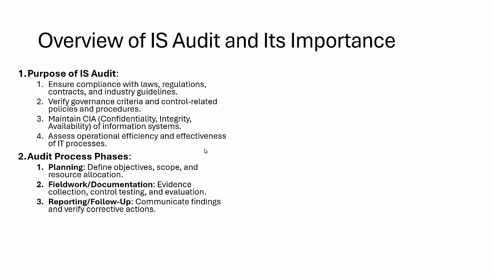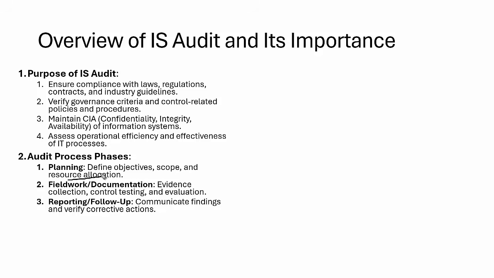Now coming back, when you're talking about the audit process, the first step is planning. In planning, we have 3 things: define the objectives, scope, and resource allocation. Let's say, for example, a company has involved me in conducting an audit for a data center. So the objective is to conduct the data center audit, the scope is the data center in India, and we have 2 auditors allocated for that. So everything will be done in the planning stage. Then we need to execute the audit. The second step is called fieldwork and documentation, where we schedule the meeting. We basically have a meeting with the auditees, understand the requirements, understand how they're doing things, and then we validate. And then we prepare the report.